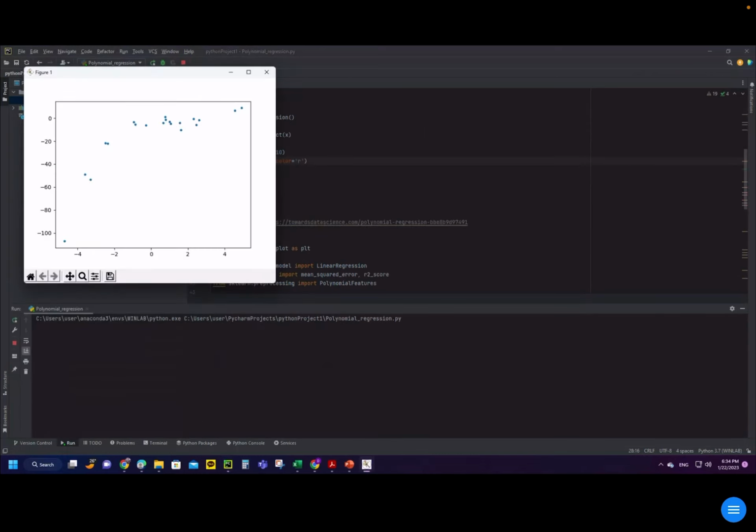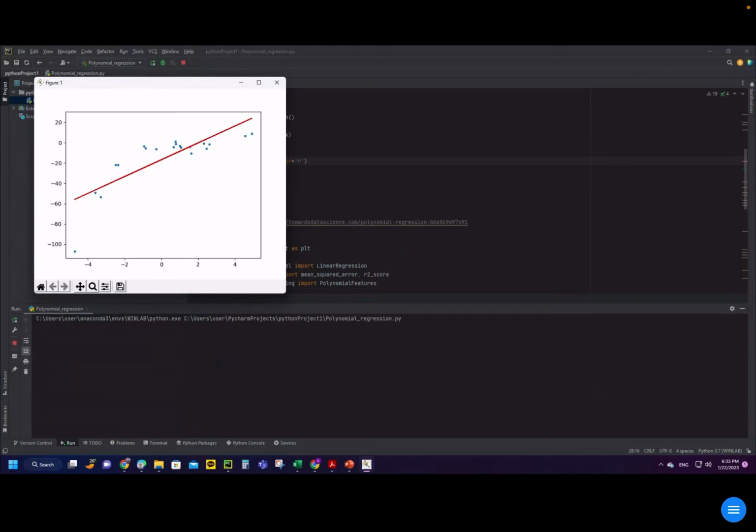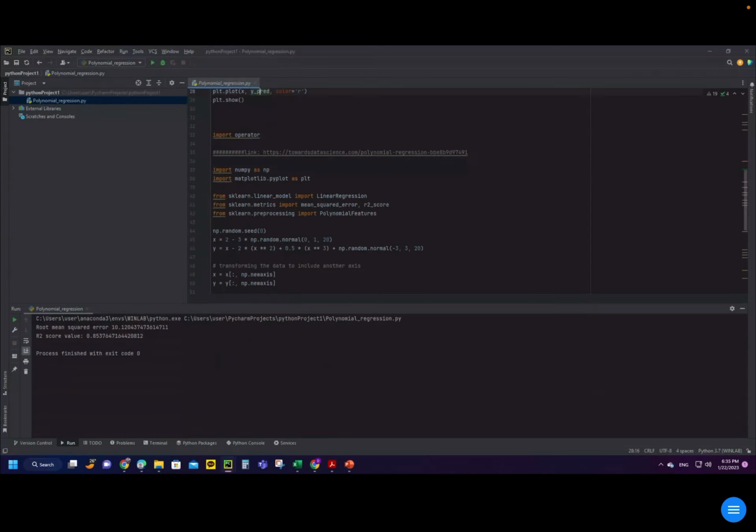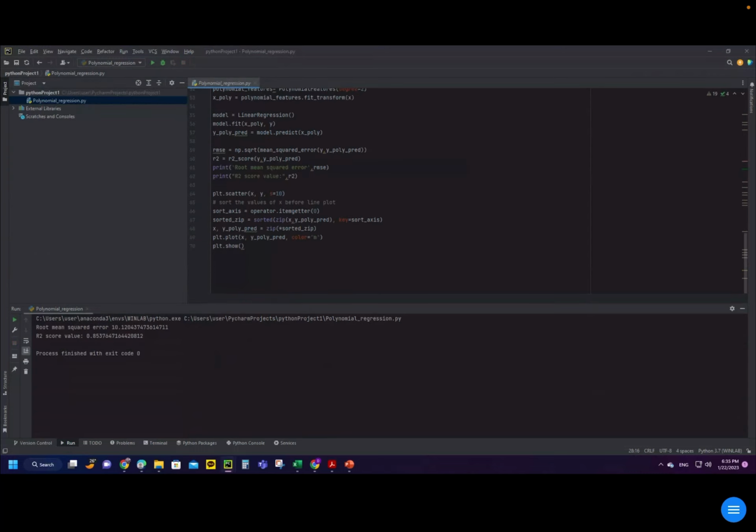So now this is the first graph. It just plots your data. On the x-axis we have values from -5 to 5, and then on the y-axis we have the corresponding values. This is just x and y. So let's see what these next two graphs are. Next, we are going to do linear regression on this data.